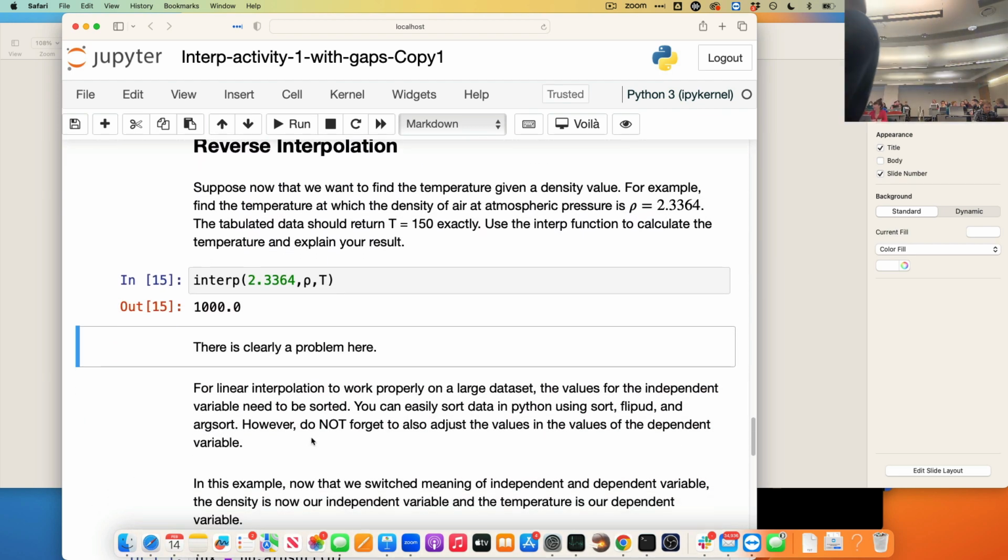For linear interpolation, do you have a question? Yes? Shouldn't the t in the row be switched? No, that was the first problem where we treated t as the x data and rho as the y. Now I want to do the inverse interpolation. Okay? For linear interpolation